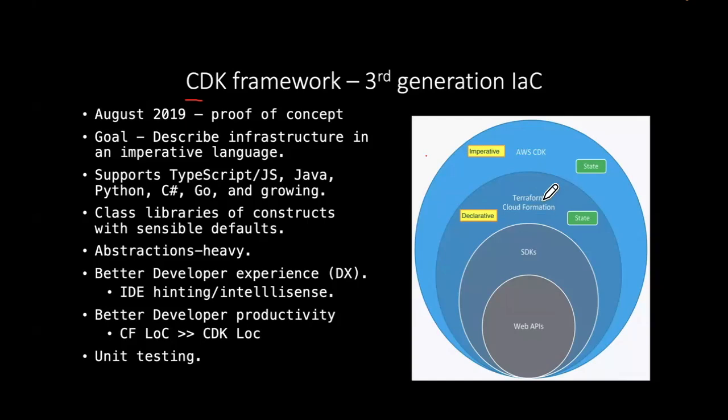The downside of CloudFormation is you were now having to write pretty long template documents to describe the infrastructure requirements that you had. That introduced or brought about the next generation of infrastructure as code technologies, which, for example, the CDK framework is one example of that next generation. I'm calling it the third generation.